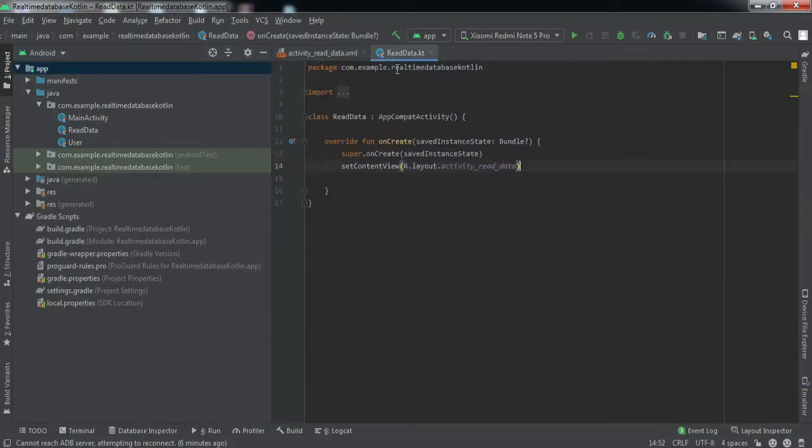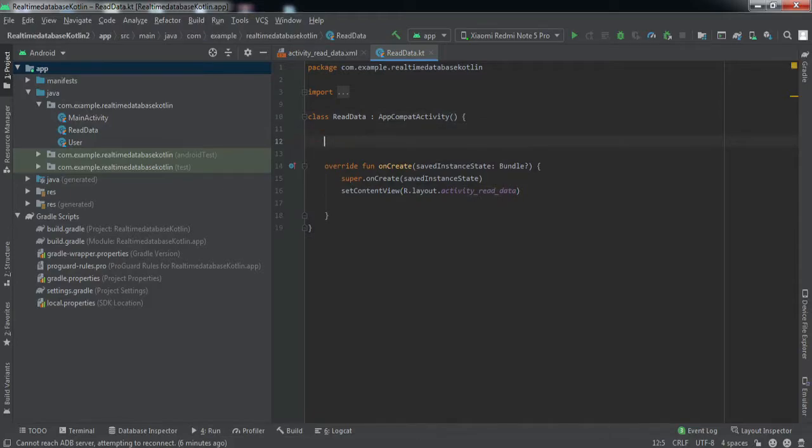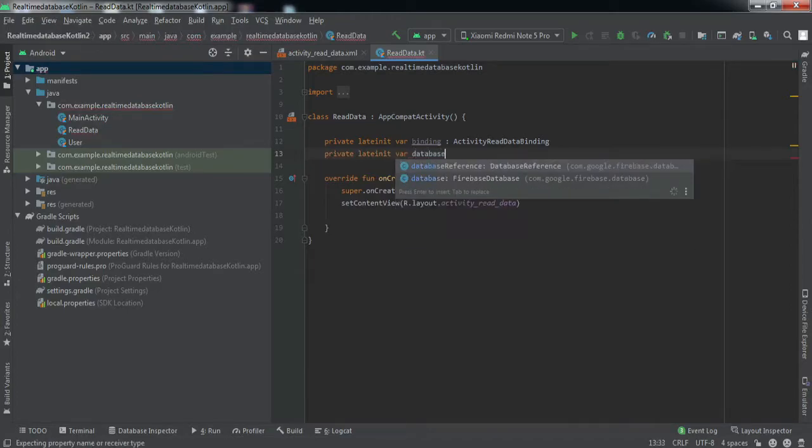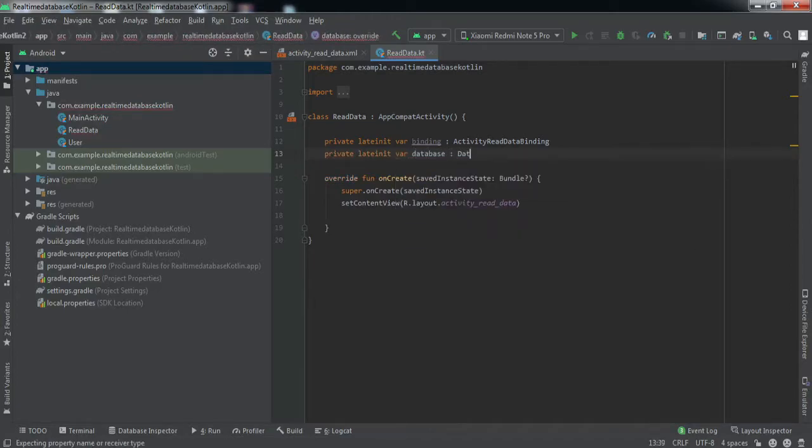I'll go to the read data file, right? Here first I'll declare a view binding variable, and then we'll declare a variable for the database reference. We'll name it database only.